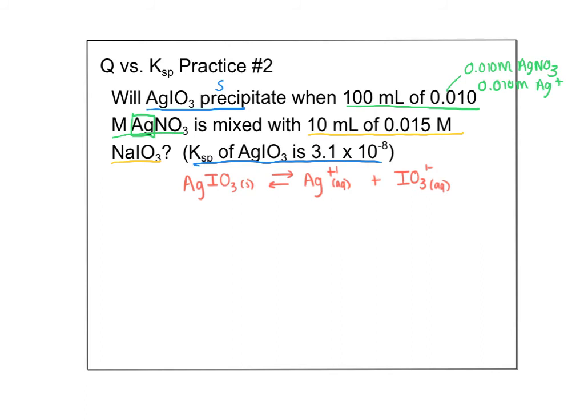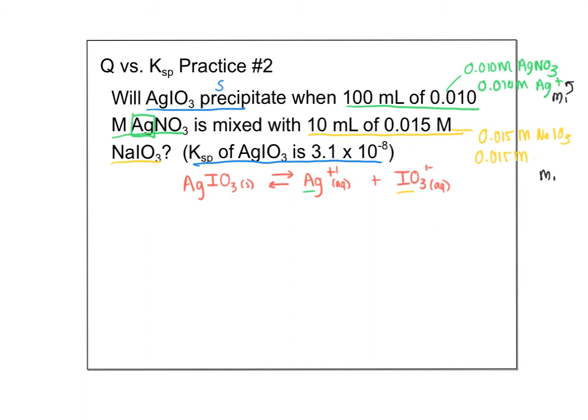What about this guy? If I have 0.015 molar NaIO3, well, I just care about the IO3. Ag is coming from the green, IO3 is coming from the yellow. Well, this one is also a 1-to-1 stoich, so that means I have 0.015 molar Na+. So these are going to be your M1s for your M1V1, and so I would like you to pause the video and try to find your M2 for Ag and your M2 for Na+, or excuse me,